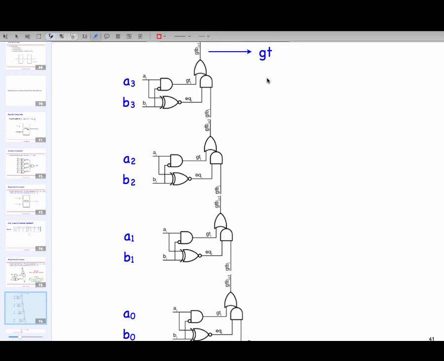Let's say the two numbers were 0, 0, 0, 0 and 0, 1, 1, 1, and things are stable. Sorry, I changed the first number to 1, 0, 0, 0. So the output change would be quick. The other extreme would be slow. You would have to go through the entire thing to see if it had changed, right?